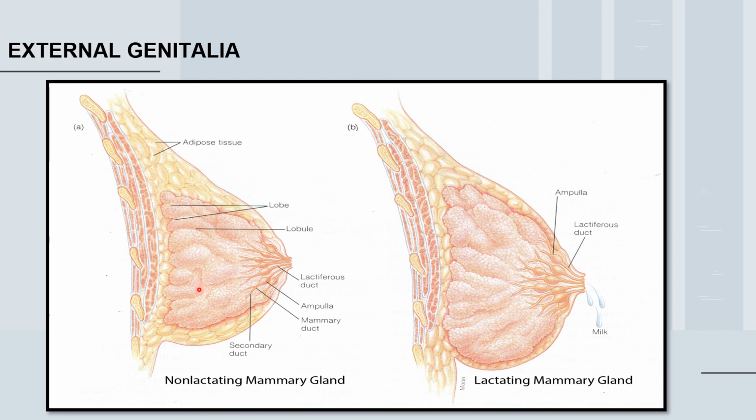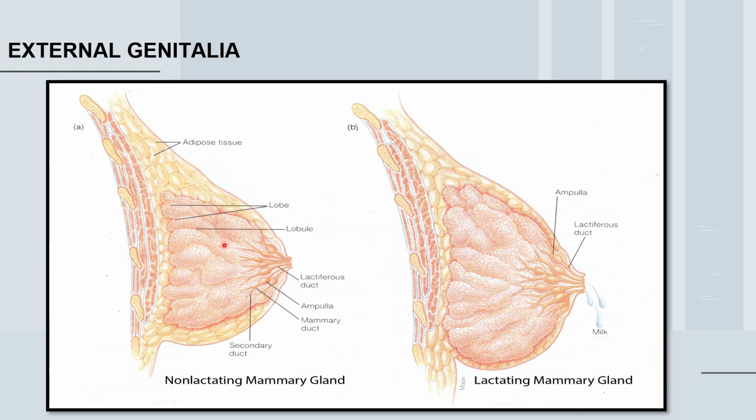The mammary glands, also known as breasts, secrete a nutritional fluid called milk or breast milk under the influence of prolactin and oxytocin. As a woman proceeds through the phases of pregnancy and after delivery of the baby, the mammary glands secrete milk under the influence of these two hormones, prolactin and oxytocin. That milk is used to feed the baby or the young one.